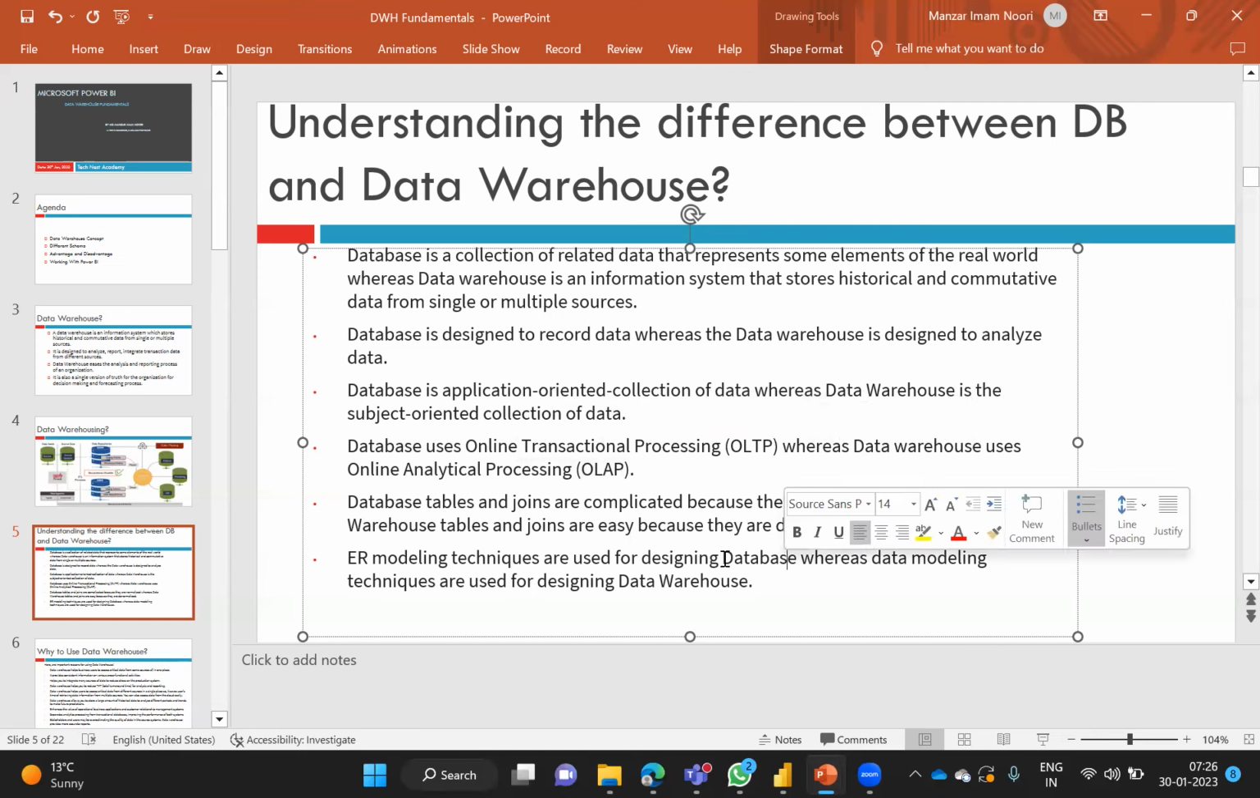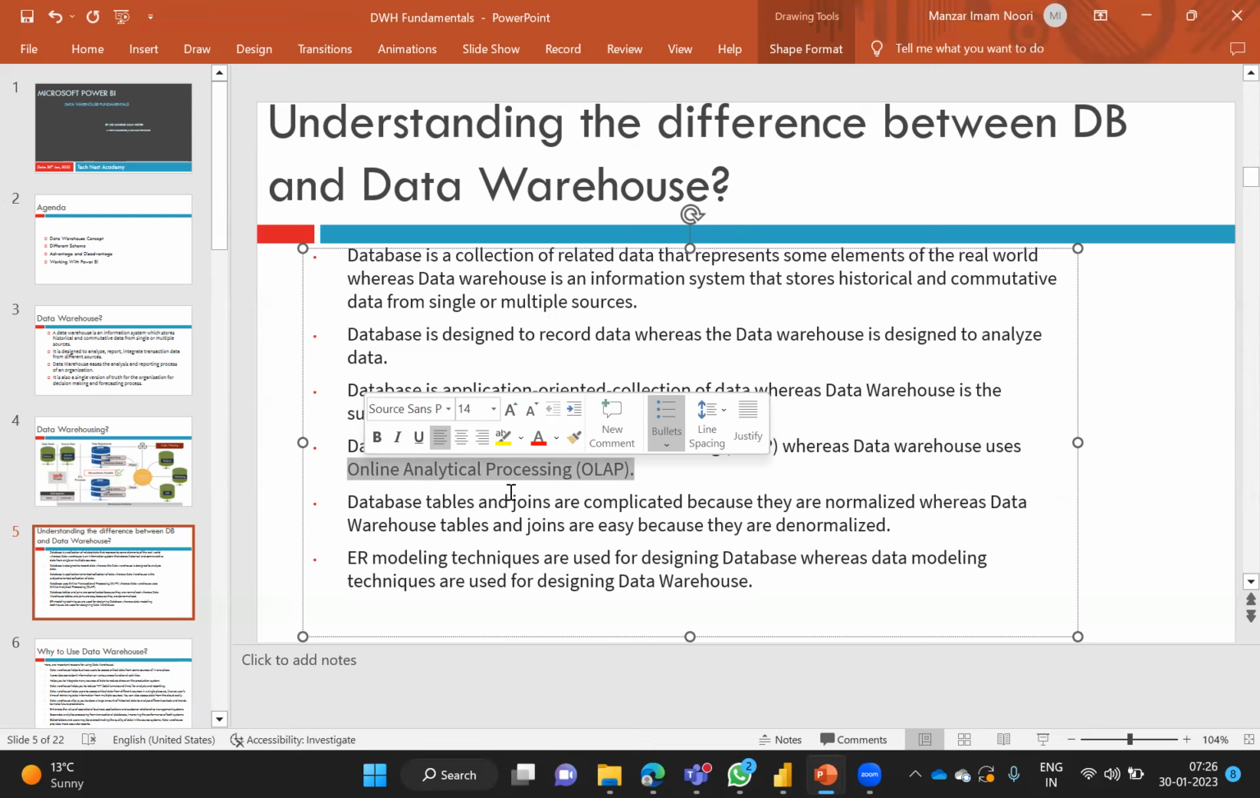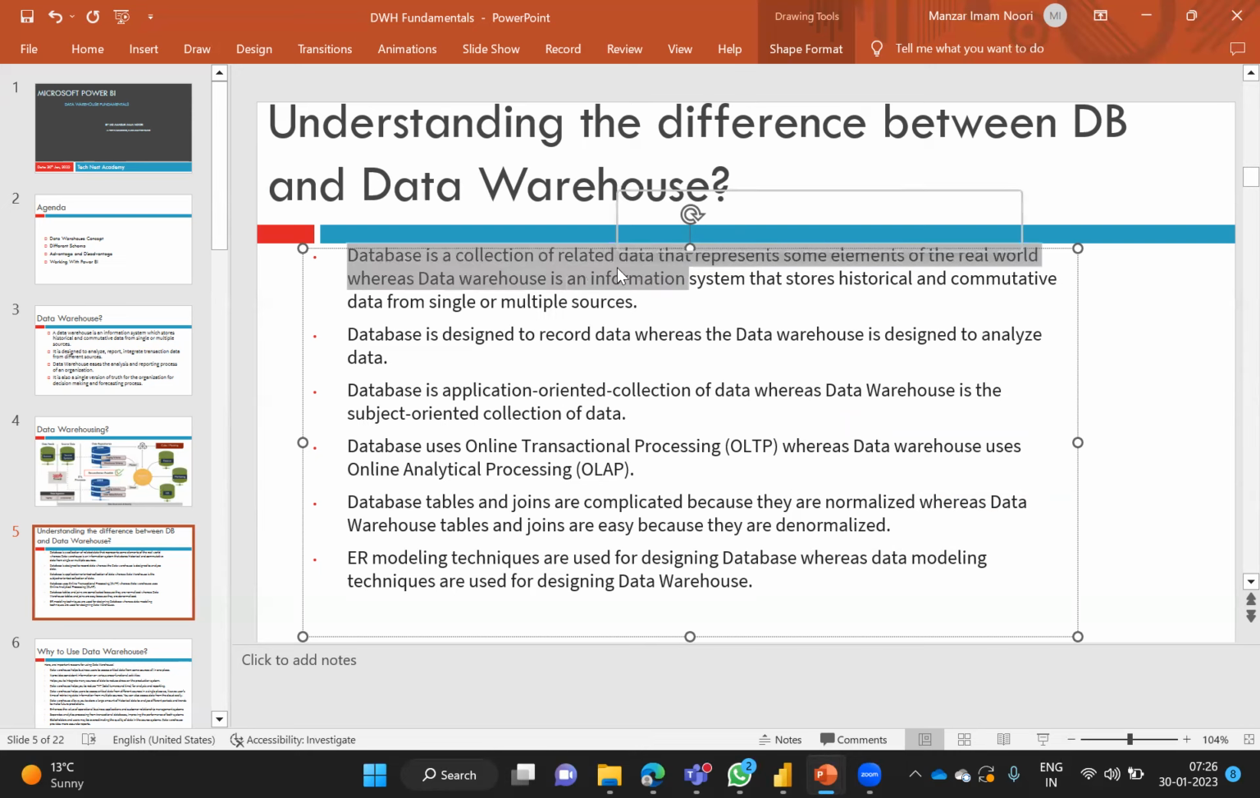You can use cubes to collect data, you can use various types of data, fine. And it can handle a lot of complexities, right? It's a heavy software, a lot of options, a lot of things will be available in these systems, fine. And now you come to this: a database is a collection of related data that represents some elements of real world,